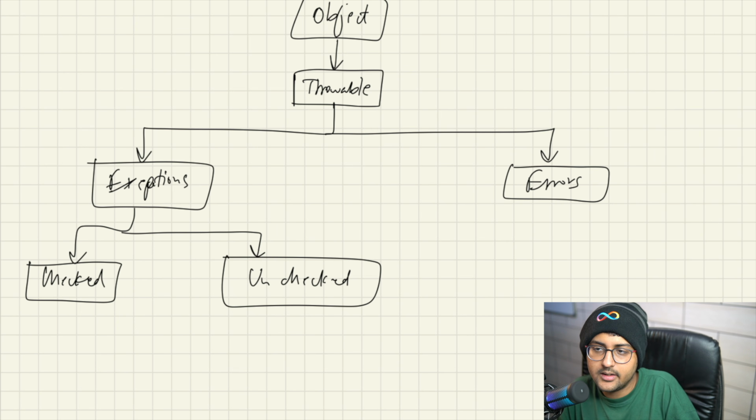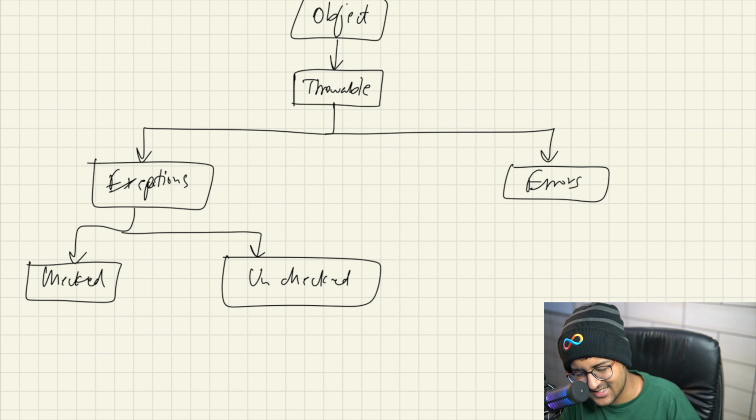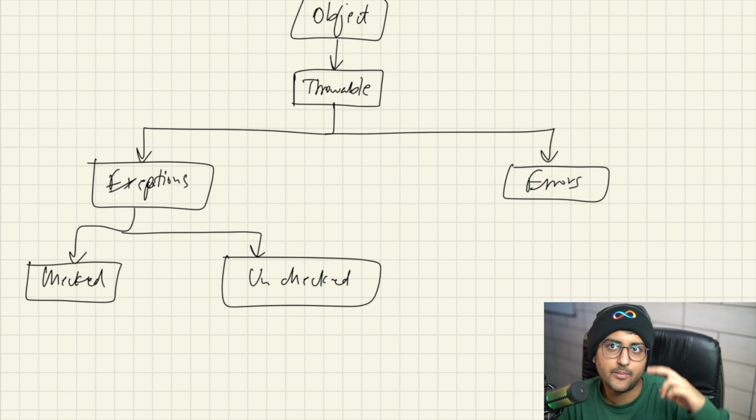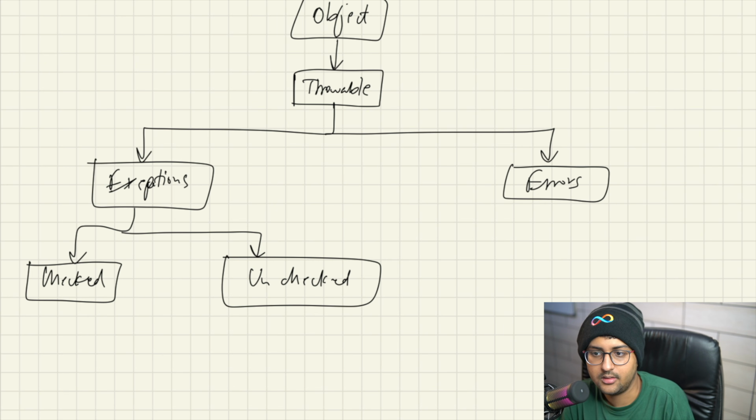Checked exceptions are the ones that are checked during the compile time. So if at the compile time you're getting some error, then it will give you an exception. If you're getting an exception at compile time, it will be a checked exception. For example, you're trying to open a file and you give a file location that does not exist, so it will give a file not found exception. Something like that.